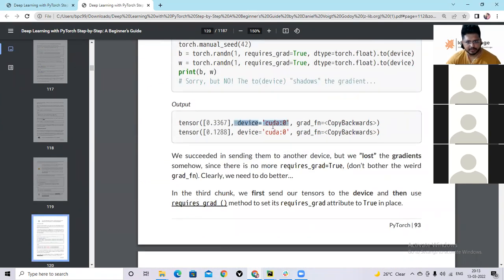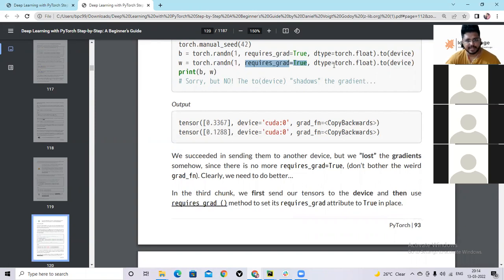It is on the device, but grad true is not there. I said that gradient is true, but now it is not showing that. Because what I did was create a tensor on the CPU, flag it as gradient true, and then copy that value to the GPU. While copying to the GPU, the flag for gradient calculation got masked.